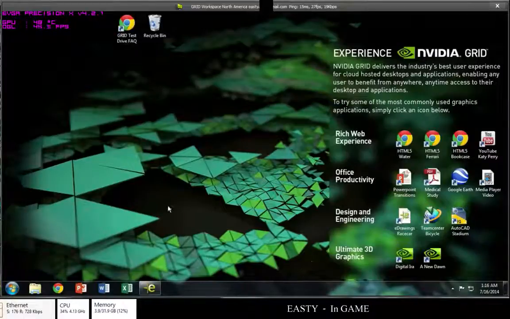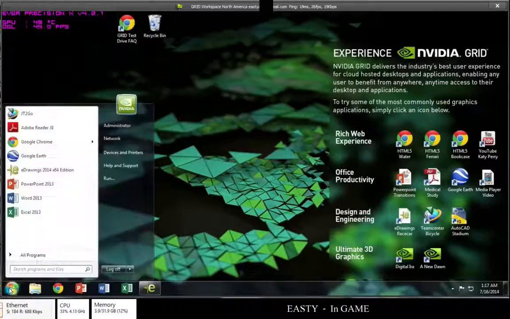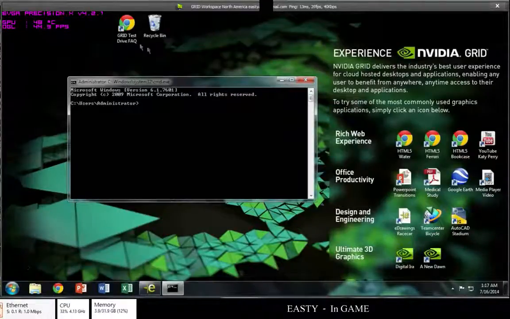As I say, when you log on to a remote desktop, it's just like you've logged onto your Windows computer. I think this is Windows 7 on this remote desktop, so it should be exactly the same. You get the start menu that we all love so much and hate Windows 8 for. In here you can bring up your command prompt. You can do things on that,